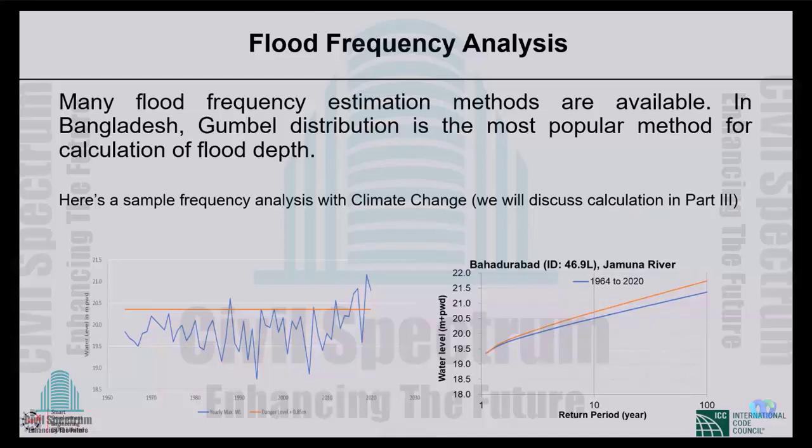If you look at the right side curve, where we equally show the return periods, 1 in 50 year, 1 in 10-year return period, the water level we found in one area is 20.5. But what happens with the climate change? In recent 20, 30 years, 20 centimeter more flooding is coming. Already evidence. So these are the things you need to do in the flood analysis time. You have to know the surrounding environments, dependency, and external drivers, such as climate change and other factors.